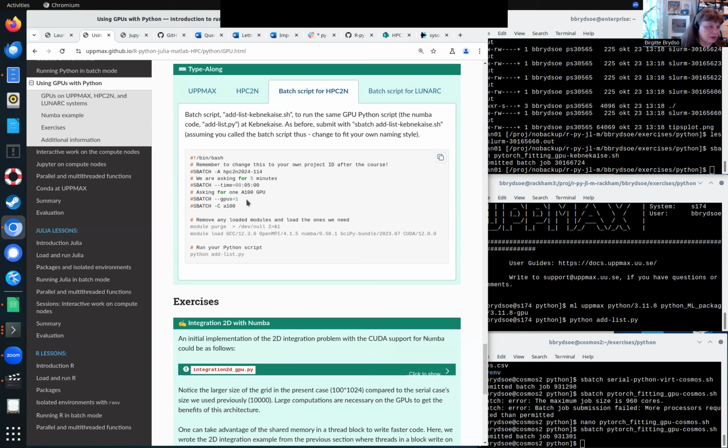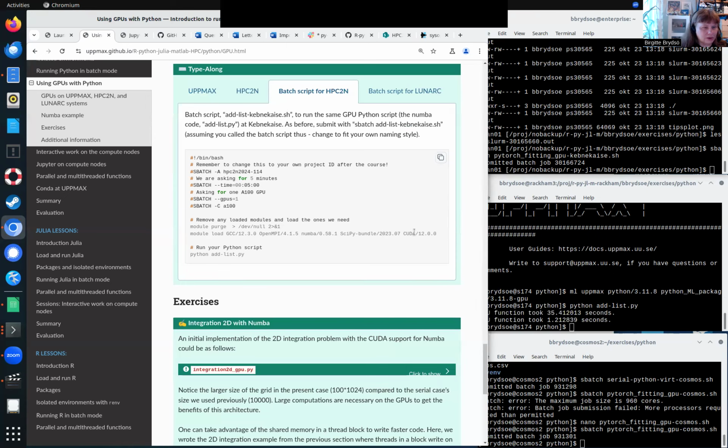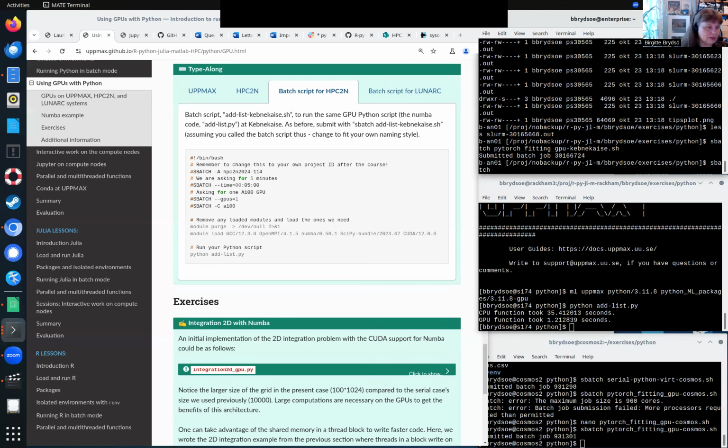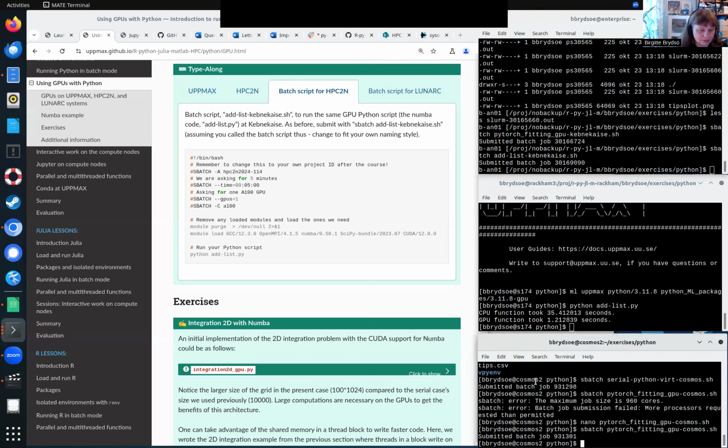And as I showed you earlier, you are asking for a GPU, and I am asking for 1 GPU card, and I'm constraining it to the A100s. And then I'm loading modules that I need, and I include NumPy here. And I also need the SciPy bundle and CUDA. See, it ran here meanwhile. So I'm now going to run this here on HPC2N. And it's called add-list Kepner-Kaiser, like that. And I'm also going to submit it on Cosmos,